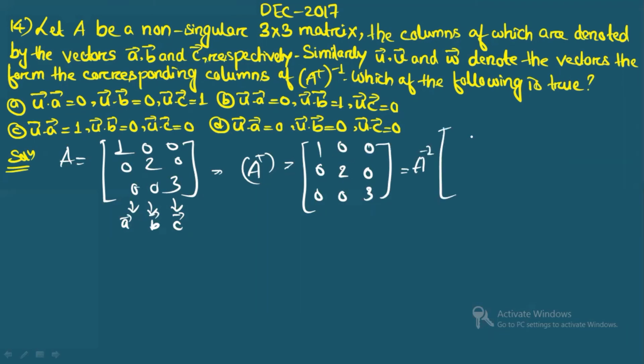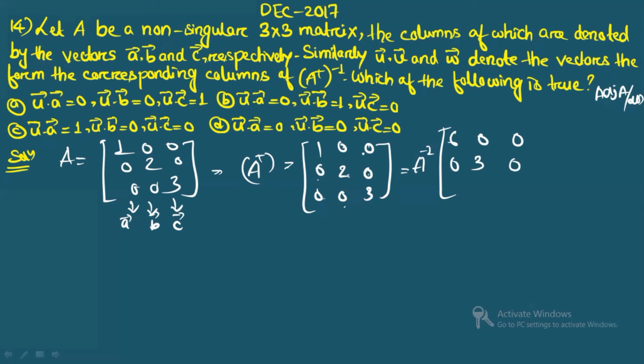To find the inverse, what do you do? You know it is the adjoint of A divided by the determinant. So first we will find the adjoint. Cofactor 2, 3 is 6, right? Minus 0. For this one, you will have to hide this one and this one. So it will give you 0. For this one, again, you will get 0. Now this term will give you 0. Again, for this one, you will just hide this 2. So you will get 3. Again, for this one, hiding this 2 will give you 0.